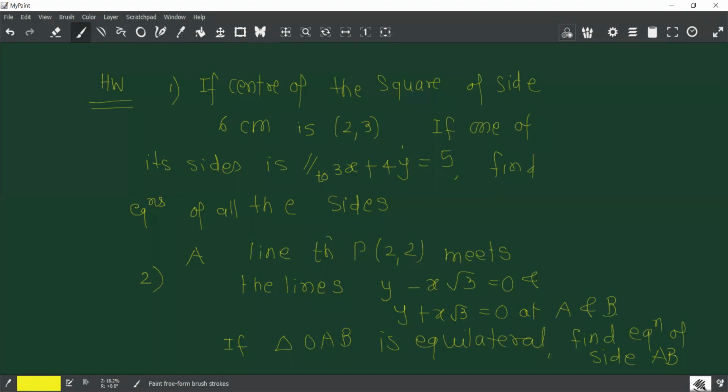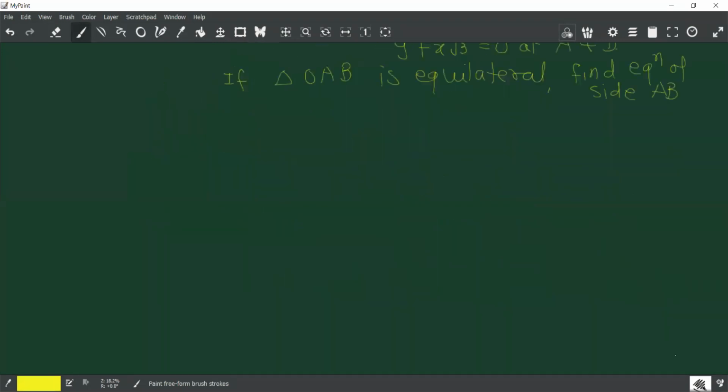A line through point P (2, 2). Have you understood both the questions? These are not very difficult sums, only you will have to draw the figure and check. That's it. I will be solving both the sums in the next lecture. At least I can put the solutions if we are doing some other chapter. And if you want me to explain, I can explain also. All right?